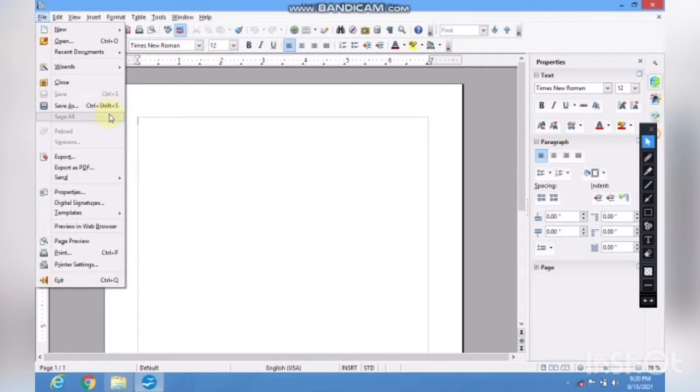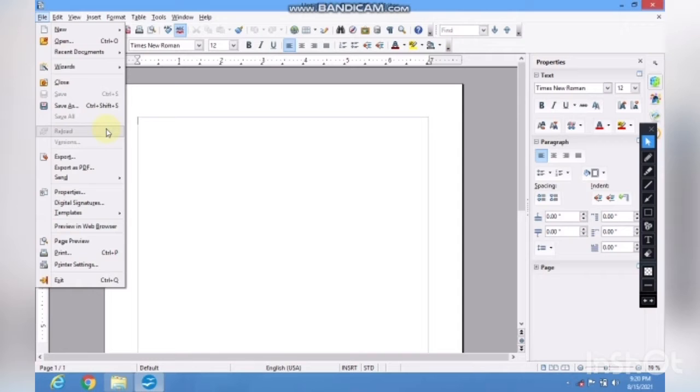Next option you can see is the save all option. If we have multiple documents, I mean if we are currently working at the same time with a number of applications, and you want to save all these applications together, then we can go to this save all option, right? Reload.